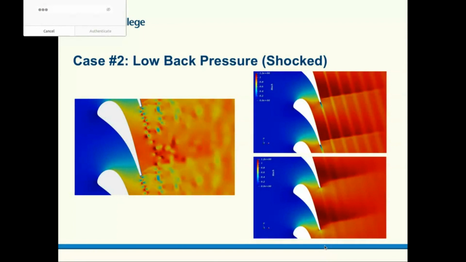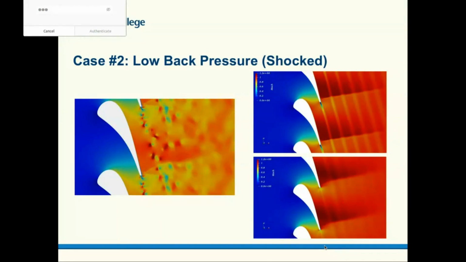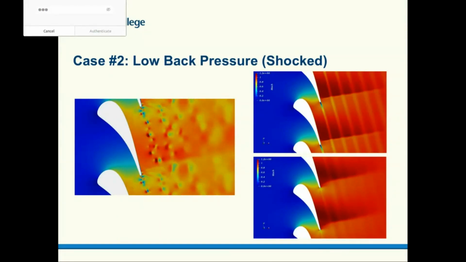However, there's a bit more interesting case here. So this is the low back pressure, so that means that you're sucking out the flow significantly. And what happens is a shock develops right at the trailing edge, so you're very close to what is known as choke for these conditions, and you still have a very highly energetic vortex structure coming from the trailing edge,